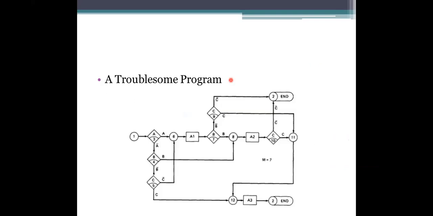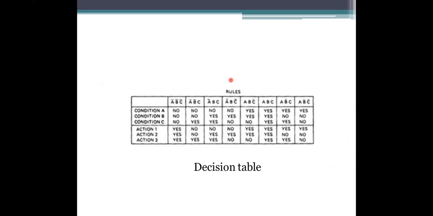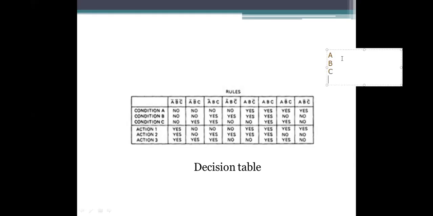So for that, how I am going to plot the rules means I am taking the values to read here. So what are the values to be read here? What are the conditions we are having? A, and the next B, and the next C. So what are the truth values will be here? A, and then next not A. Next for B, we are having B and not B. And then next C, we are having C and not C. So here three values means 3 into 3 combination. We will get the 9 such values or not.